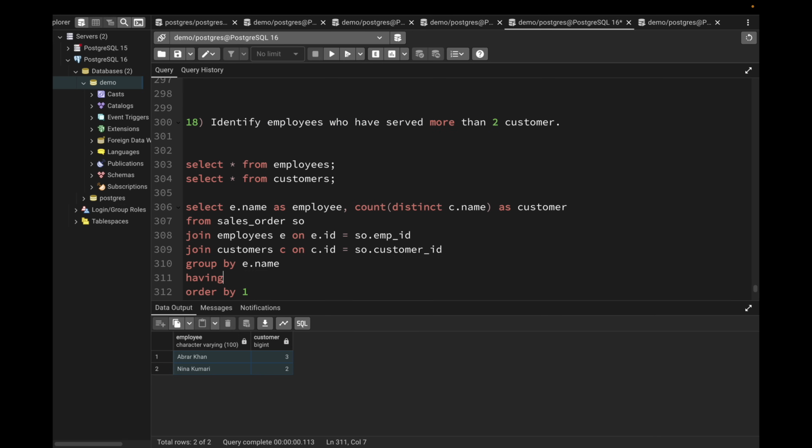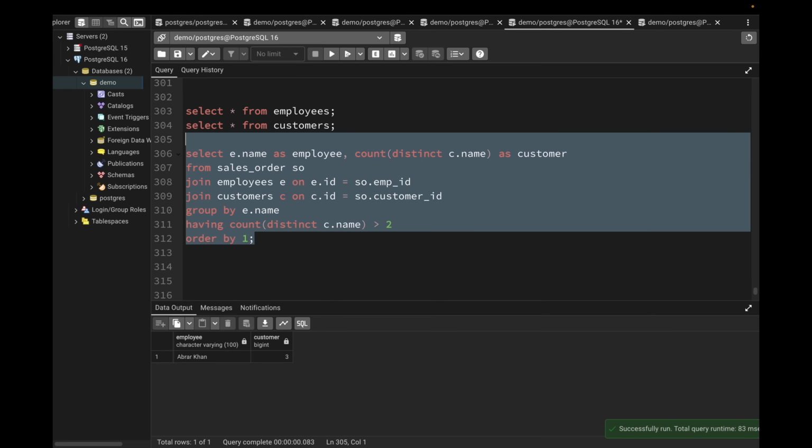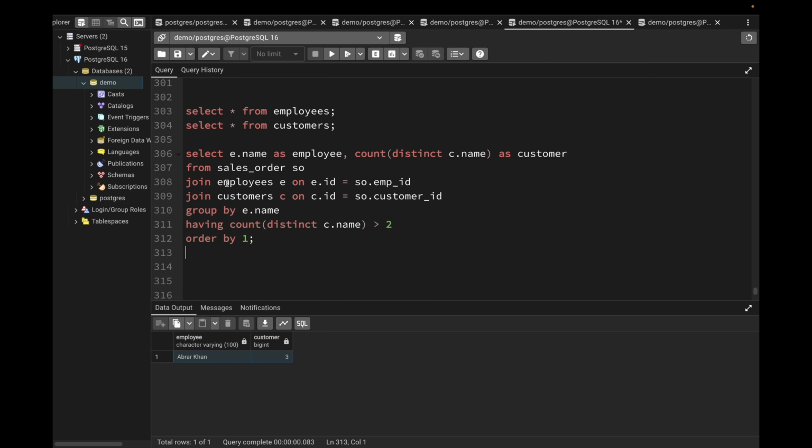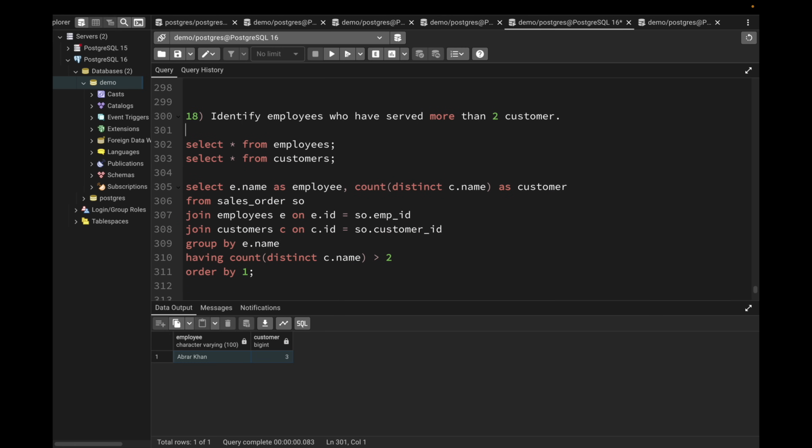So as I told you previously, having, and I can just do this count of this whole thing is greater than 2. And now if I just run this whole query, now you can see that it is fetching me Abrar Khan, who has served 3 customers. And this is basically the solution to my problem number 18. I hope this is clear,